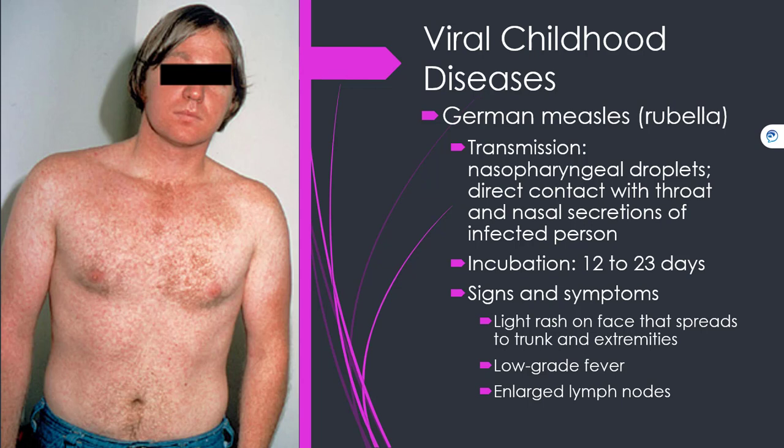German measles is rare in the United States. With the introduction of the rubella vaccination in the late 1960s, the incidence of German measles has significantly declined. However, the condition is still common in many other parts of the world. It mainly affects children, more commonly those between 5 and 9 years of age, but can also occur in adults. German measles is typically a mild infection that goes away within 1 week, even without treatment. The symptoms of German measles are often so mild that they are difficult to notice.